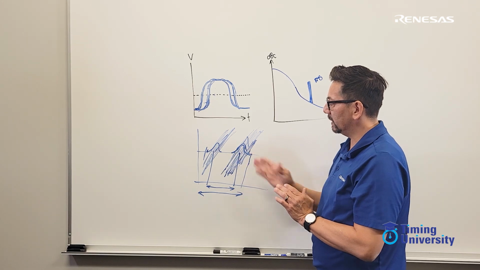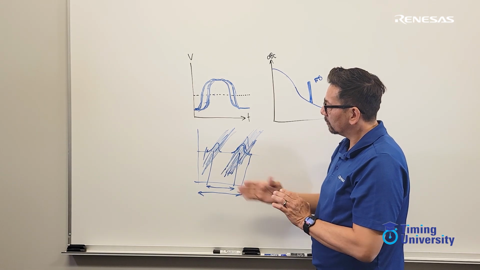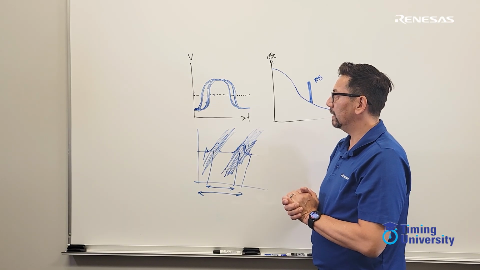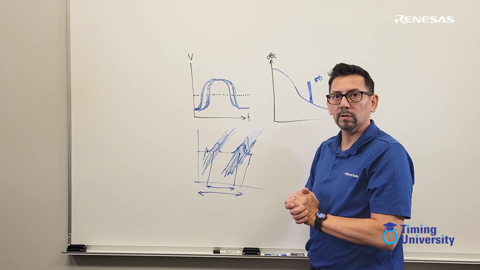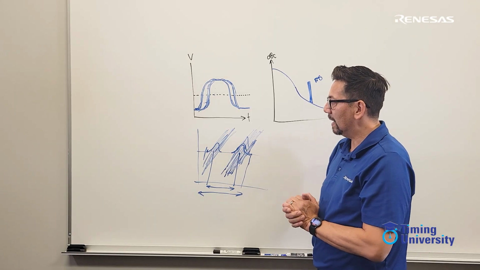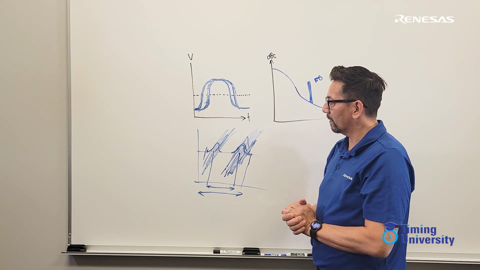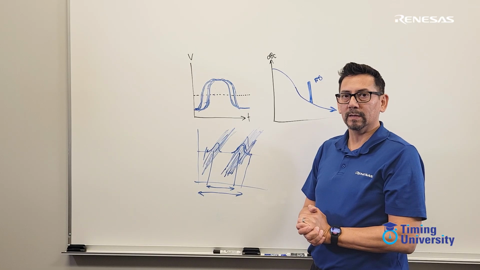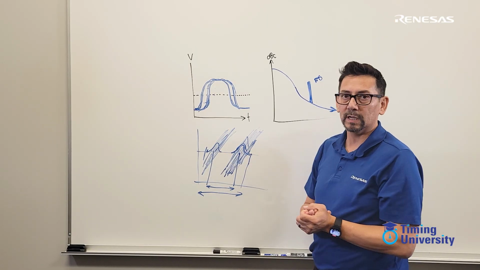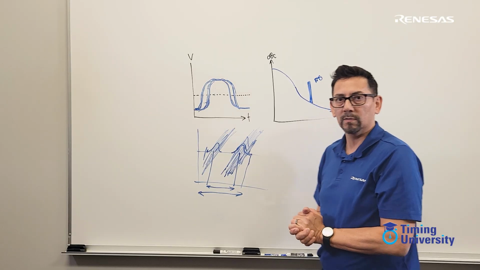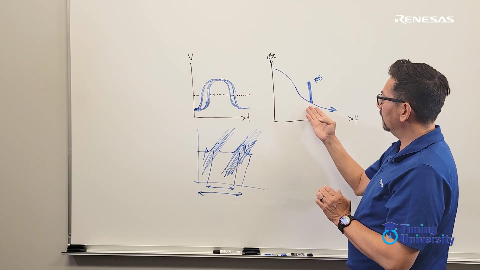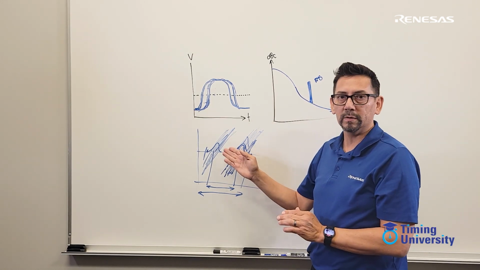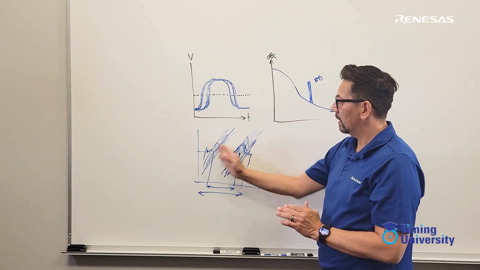But when it comes to deterministic jitter, you can try to root cause to see where it's coming from. It could be coming from a noisy power supply. There could be another signal on the board that's coupling onto the signal that's under test. And to really figure out where it's coming from, you can get a reference measurement from us, and that way you can understand if that signal shows up under ideal conditions. So if you ask for a phase noise plot, is there a spur on the phase noise plot? If there's not, then we can start looking at the board to see maybe where that spur or that noise